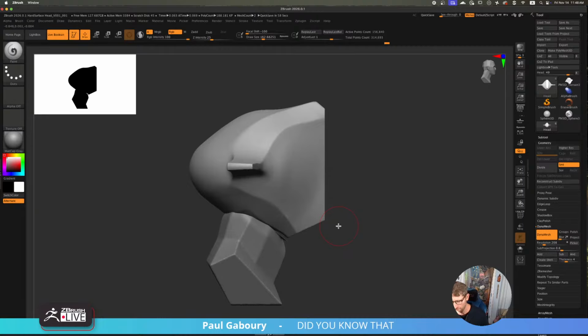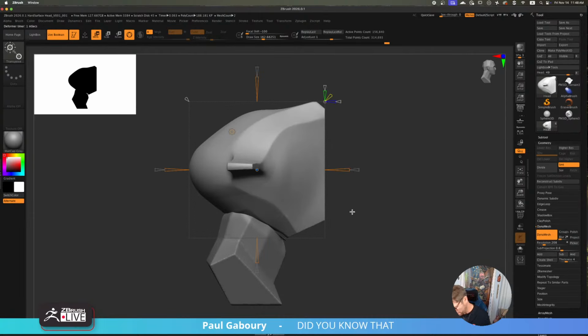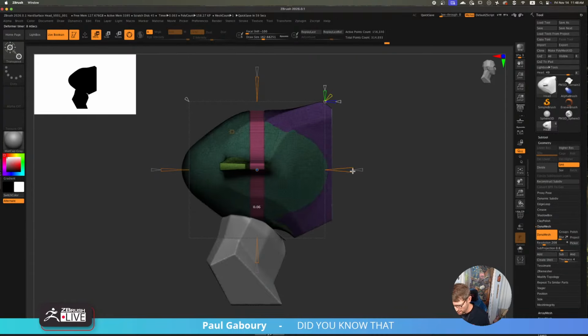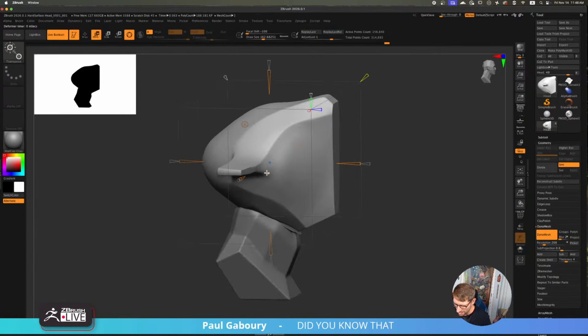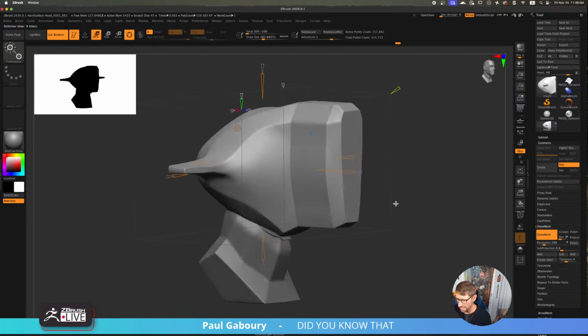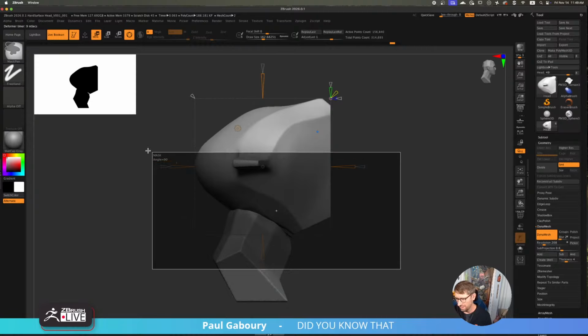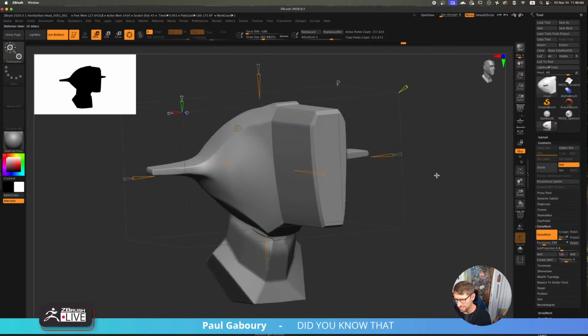Sometimes it's just fun to... I really live in these deformers sometimes, and you can get some really interesting things. For example, Extender. I'm a massive fan of Extender. This will just extend the model like this. But if I move this blue dot somewhere else, and I don't want it to be symmetrical, I can do just from there and then add something like this. And if you want to start doing other elements with this, you can move it up in here, where this is plays a role on what gets pulled out.